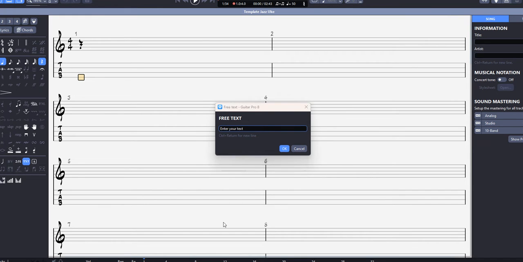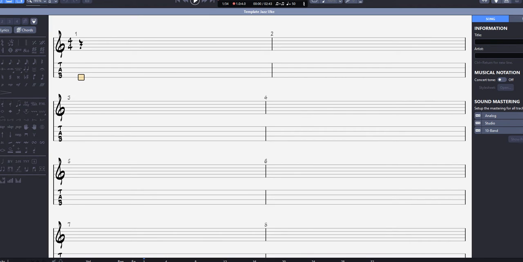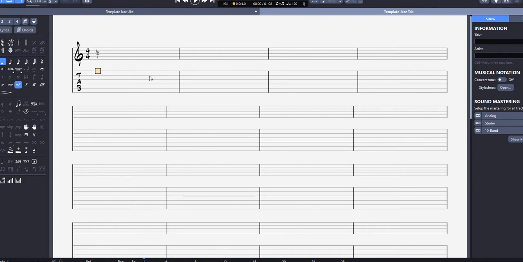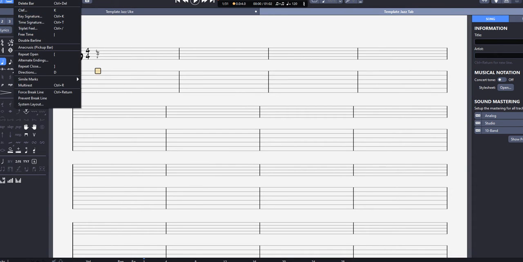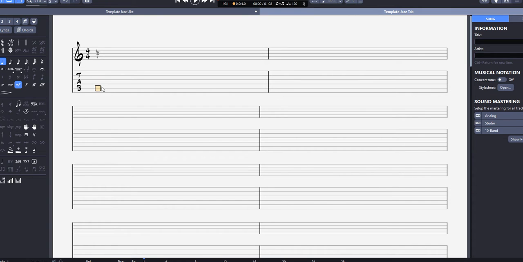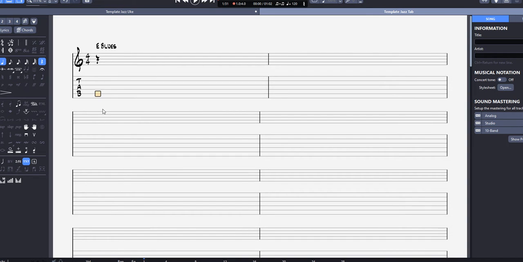Wait, sorry. I need to open a different one. This is a ukulele tab, and I need a guitar tab. Oops. Okay. There we go. Let's make the measures a little bigger here so we can see. Okay, so it could say E blues. All right, and then I have to write